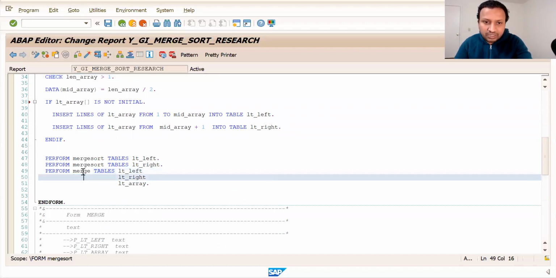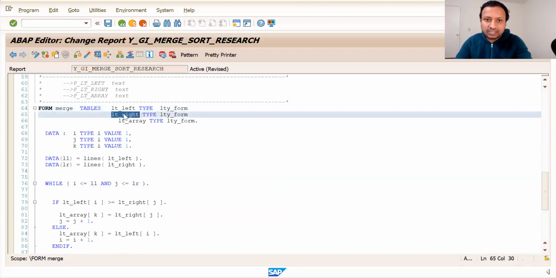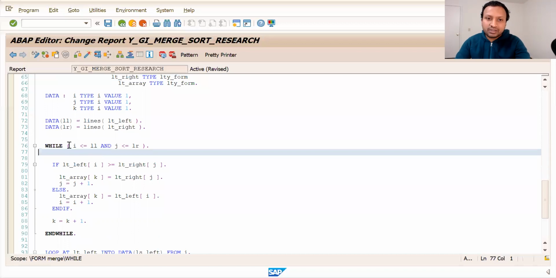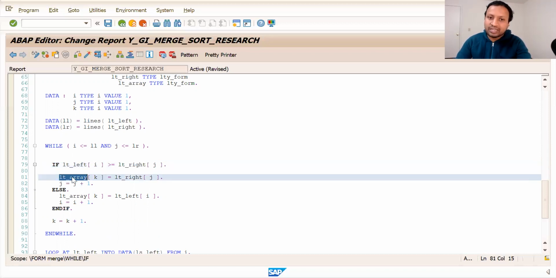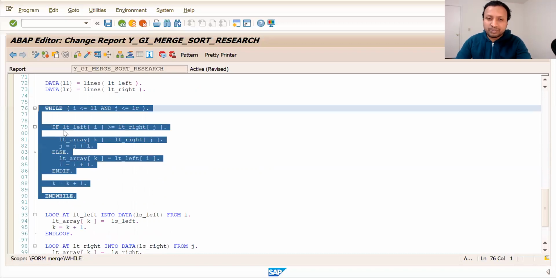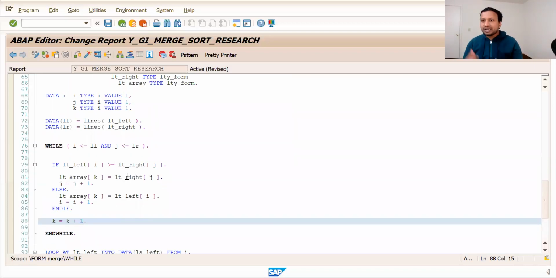In this merge subroutine, what you do is you just compare the left and right parts of the arrays. If they are not in ascending or descending order, whichever way you want it, you would do that. Here I have done it in ascending order. So I'll compare both my left and right parts of the arrays, and then finally enter them in order into LT array. So simple code. There are not many complications, as all this will be called recursively.